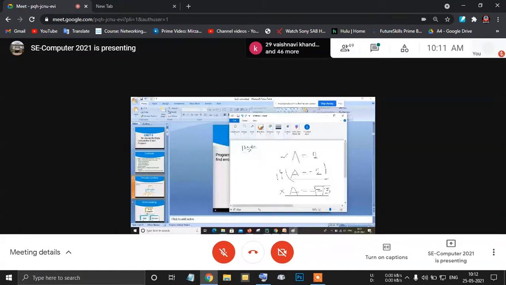Suppose this address value is known to us, that is 100. Initially, I just select some value for that address. This is not an accurate value, but for understanding, I just use this 100 for this data. And now I want to print this data.